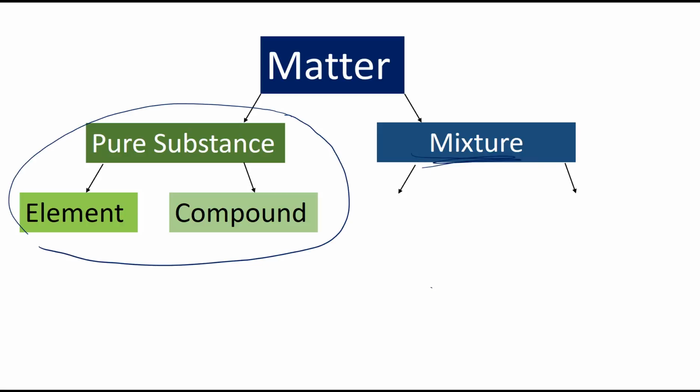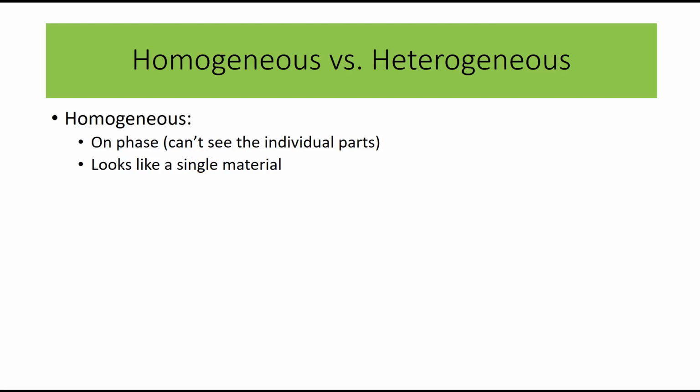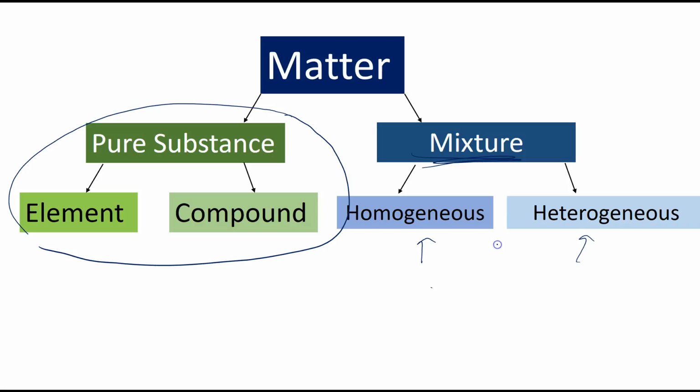So a mixture would be composed of two or more pure substances that are not chemically bonded. And mixtures can end up being what we call homogeneous or heterogeneous. So now we'll talk about mixtures. So if it's a mixture, again, a mixture is two or more pure substances that are not chemically